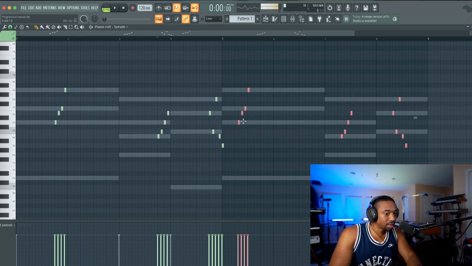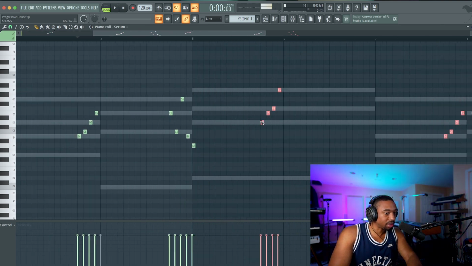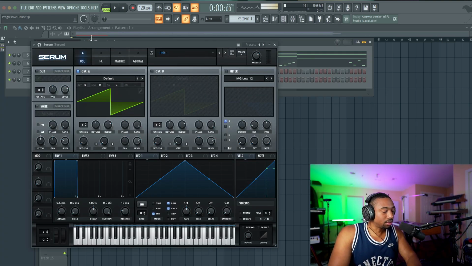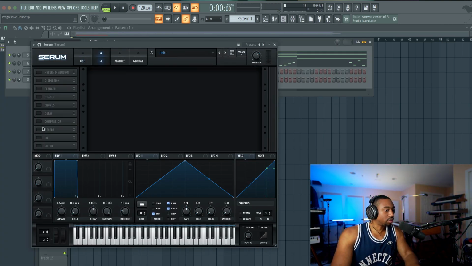Everything is going to be different, but it's usually a call and response for this type of genre. Now we can go through and add all the notes. There's no rules to adding your melodic sound.